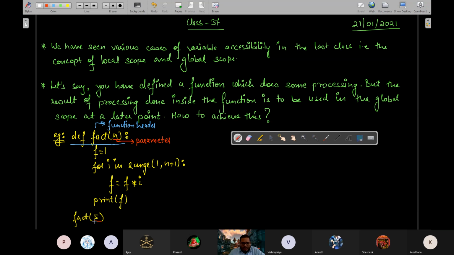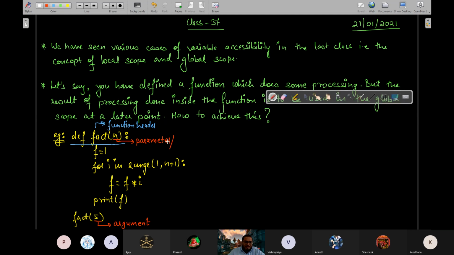Wait, yes Anant, you are correct. This thing is known as the argument. Okay, and this parameter is also known as the formal parameter.